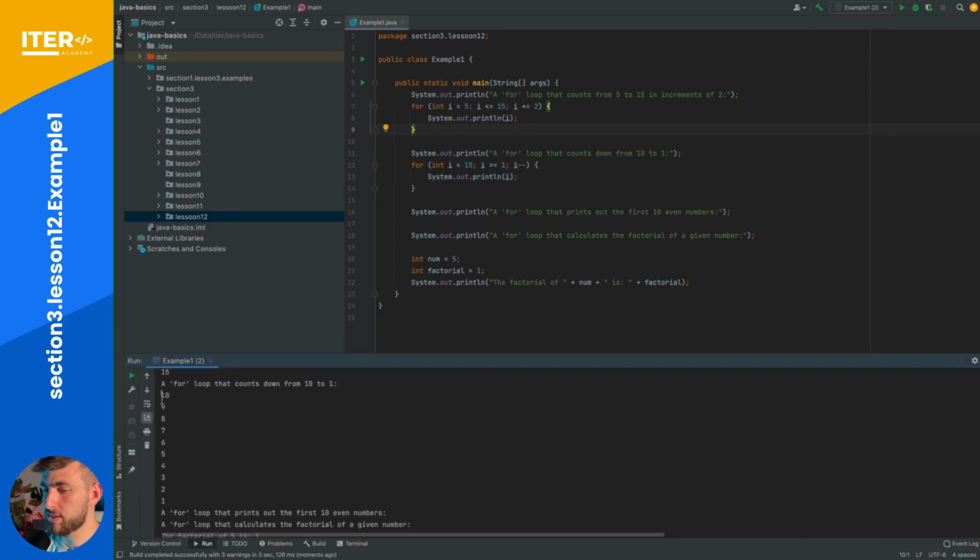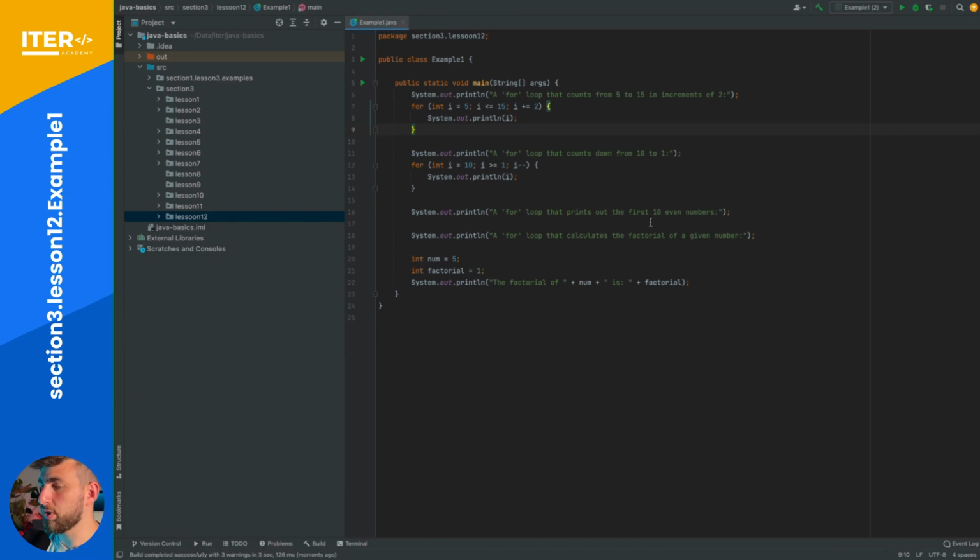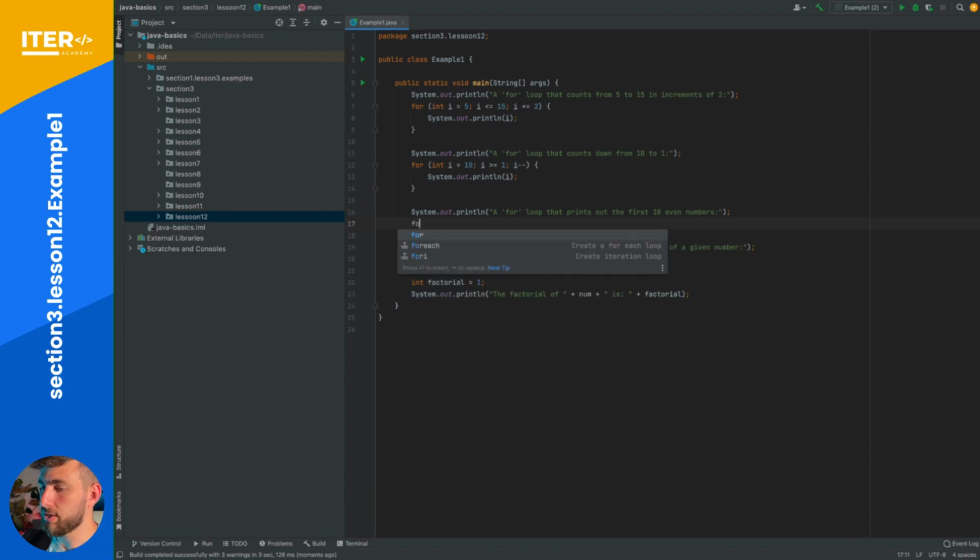Okay, so we can see a count from 10 to 1, and it works. So let's move to the next step. Here we need to define a for loop that prints out the first 10 even numbers. So let's do it. We initialize it with i equals 2. After that, the condition is i is less than or equal to 20,